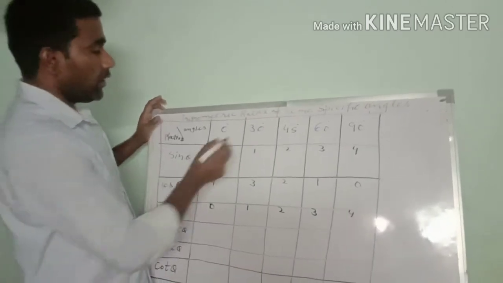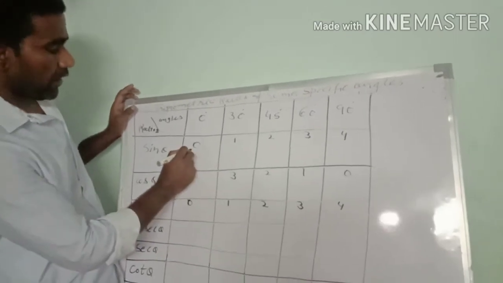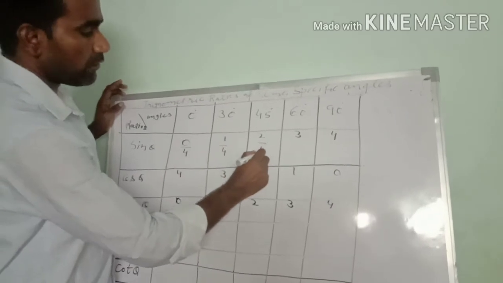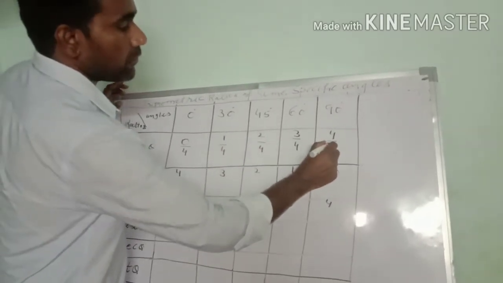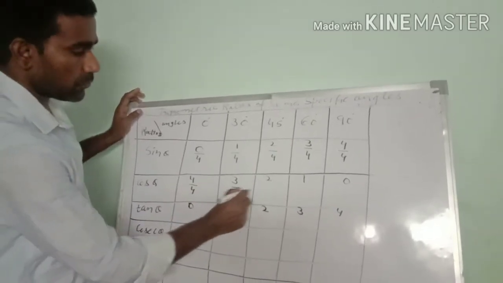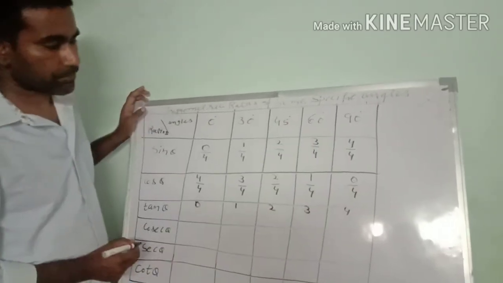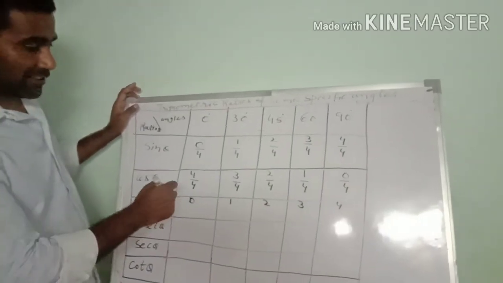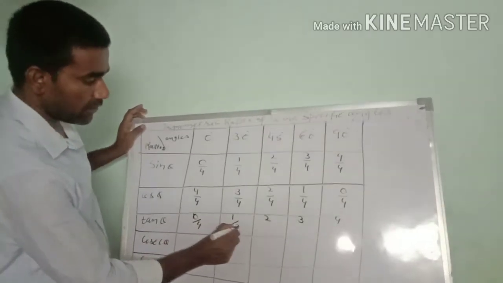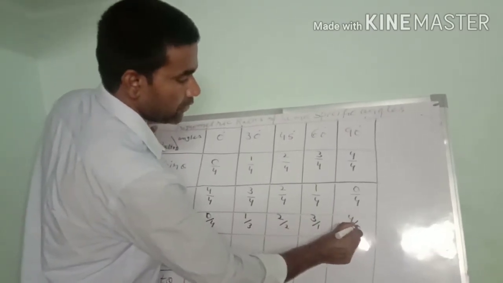So in this way, in the next, in sin and cos theta, everybody divide by 4: write the 4, divide by 4, divide by 4, divide by 4, divide by 4. And in the cos theta also divide by 4, 4, 4 and divide by 4. And in the tan theta, the converse of this number, it means divide by 4, divide by 3, divide by 2, divide by 1 and divide by 0.